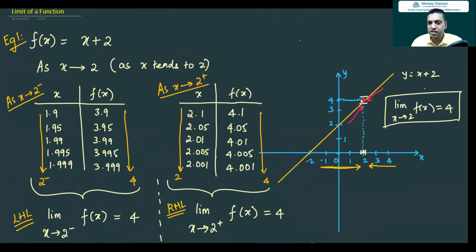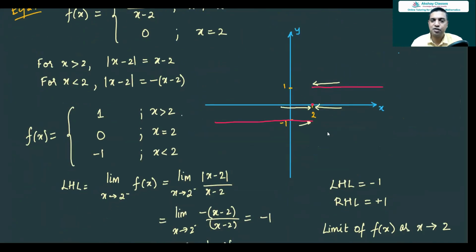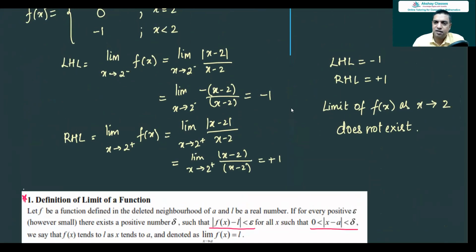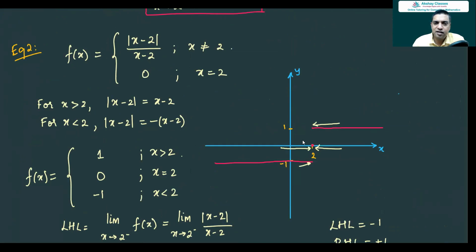We will get functions like this, where it is very clear: when x approaches 2 from the left, your value approaches 4, and x approaches 2 from the right, the value approaches 4. Or you will get a discontinuous function like this. When x approaches 2 from the left, the function value is -1, and when x approaches 2 from the right, the function value is 1. At best, we'll get problems like this. So that is how we should understand limits.